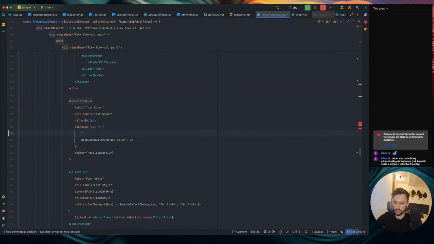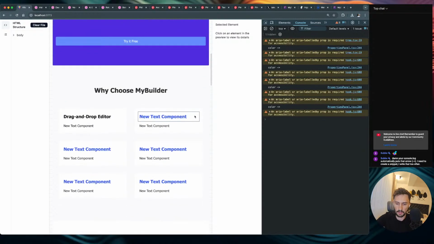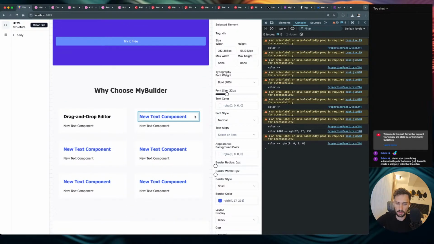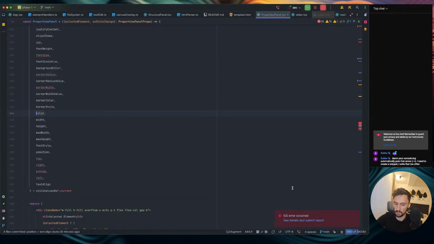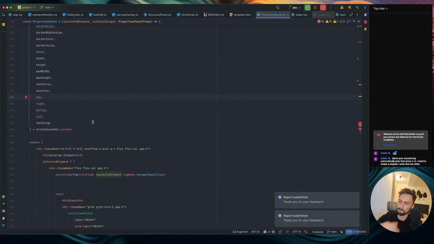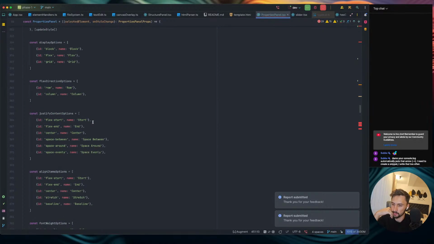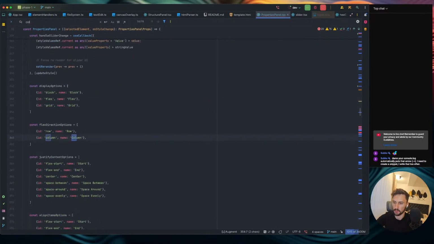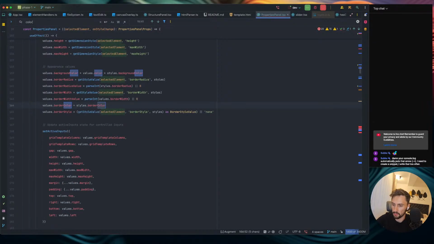Maybe the onChange is setting the color. Color and VV. Refresh. Click. No, it doesn't trigger. Okay, that's good. What is going on? What's this? Yeah, what did you do? Let's find some other references for color. No references for color. Color, border color,